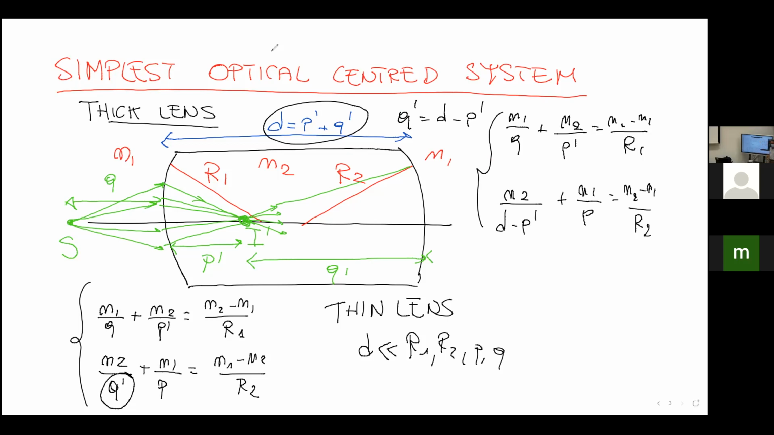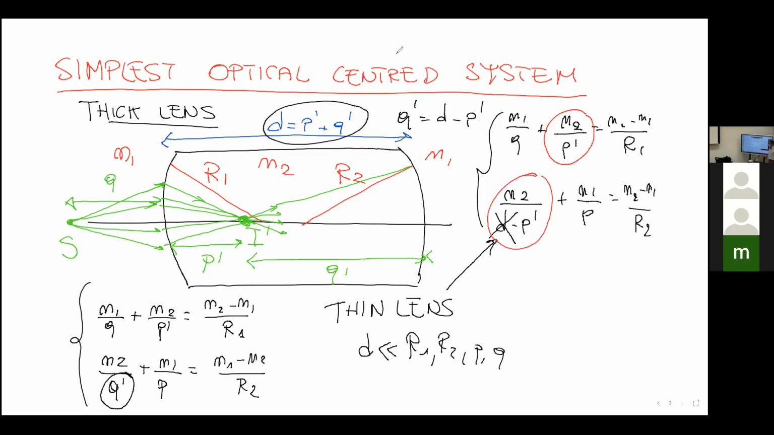Okay. Now what does it happen? This is still true for a thick lens. But what does it happen for a thin lens? It happens that this D is negligible. You can neglect it. Okay. And if you do this, you realize that this term here